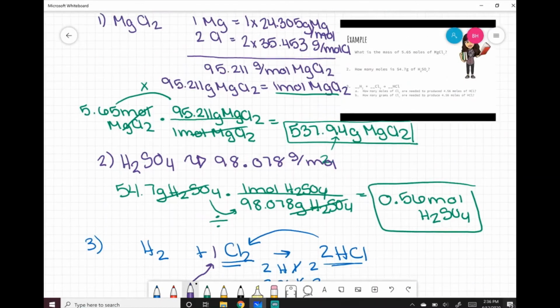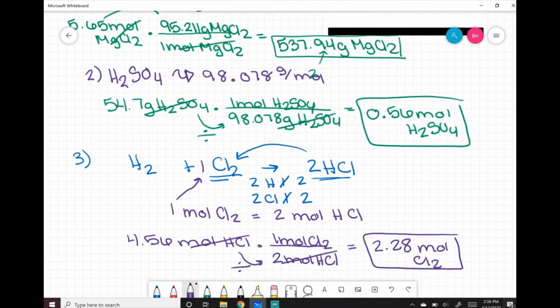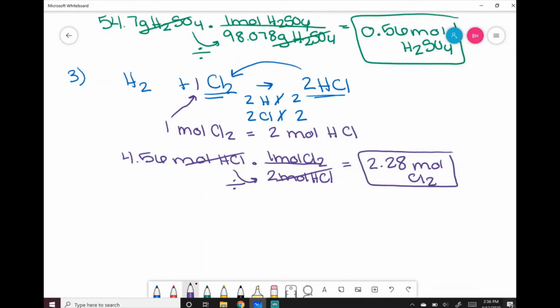Now the problem asks how many grams of chlorine are needed to produce that amount. So I'm going to take my answer that I have here and convert this into grams. I'm going from moles into grams. So this was A and B. B says how many grams are needed to produce the 4.56 moles of HCl. So I'm going to have 2.28 moles,